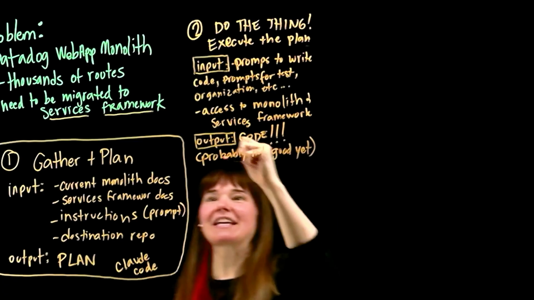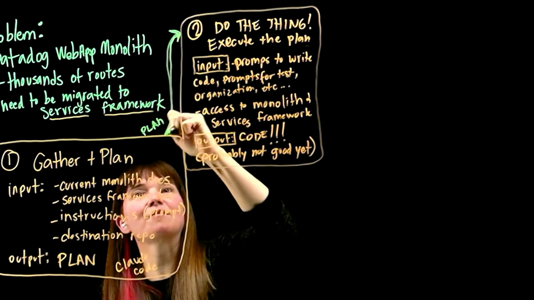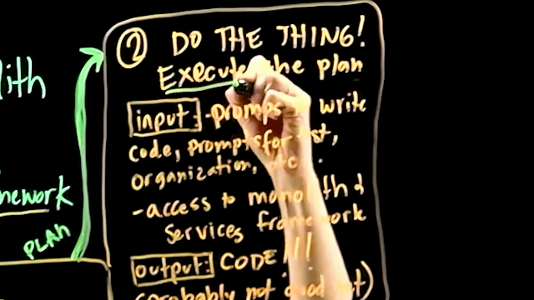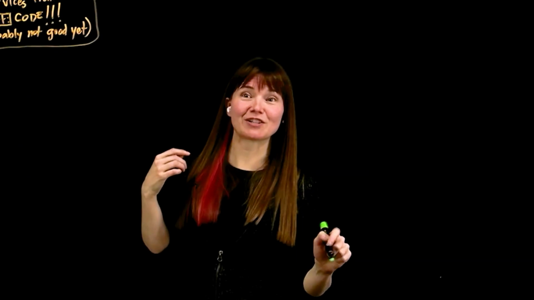Okay. Cool. So we gathered and planned, and from steps 1 and 2, we took that plan and sent it over to step 2, which executes on the plan. And so now, what happens to that just okay code it's written? So after step 2, we go through this 3-step verification